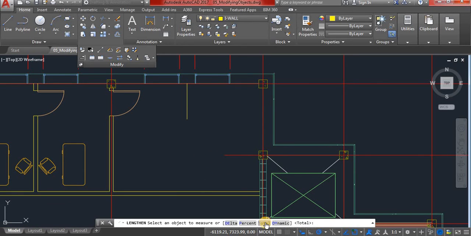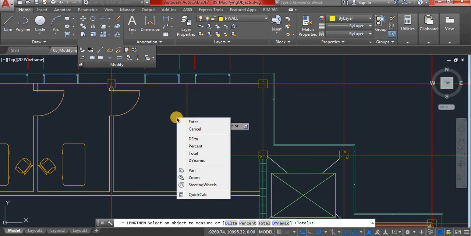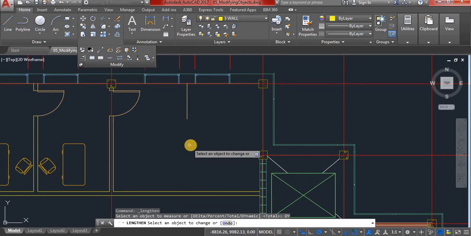And total is what length do I want this wall to be. And the dynamic is when I do it manually. So that's what I want. So how I'm going to activate this one, I'll right click and choose dynamic. Now it asks me to select an object